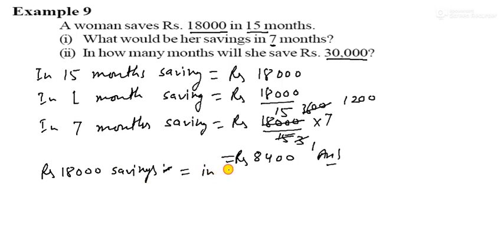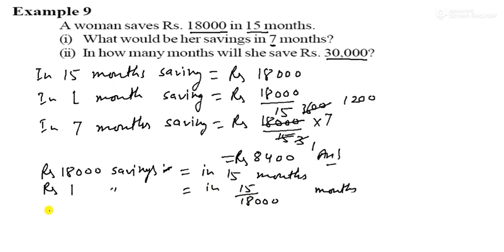It is in 15 months. So rupees 1 savings is equal to 15 upon 18,000 months. Now for 30,000, so rupees 30,000